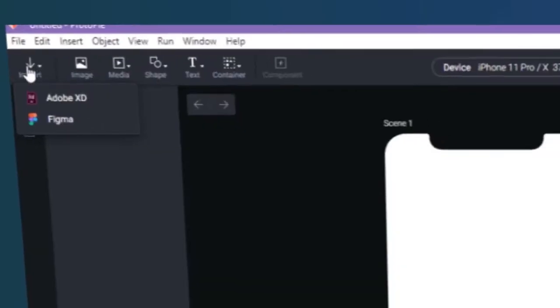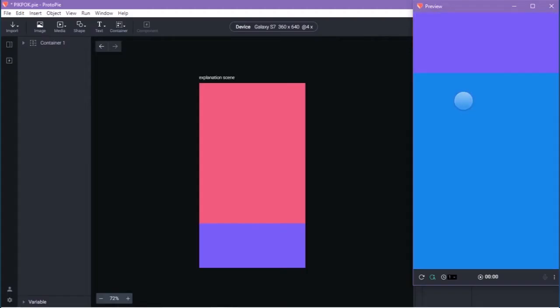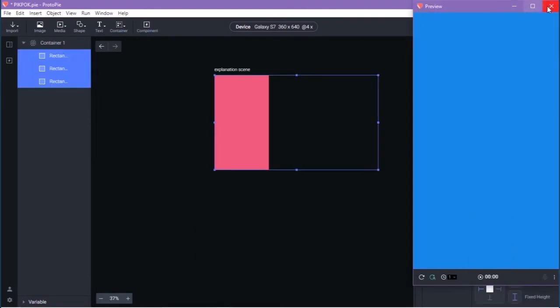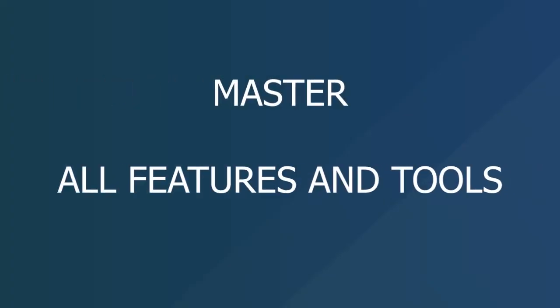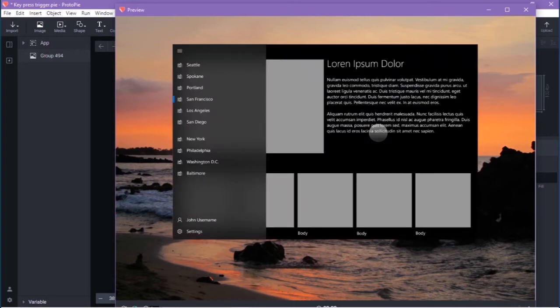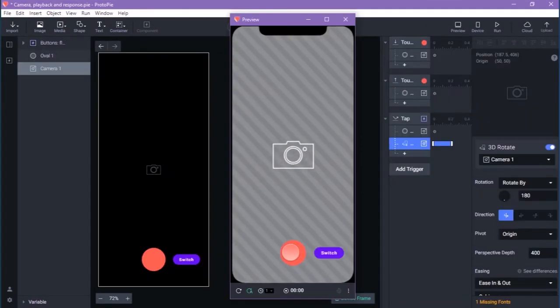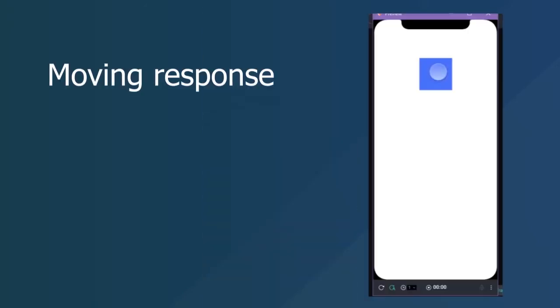You will learn how to import your scenes from other design tools, tips on recording your prototype, implementing a scrolling or paging feature. You will master how to use all features and tools, exploring all triggers, features like touch triggers, mouse triggers, key triggers, input triggers, sensor triggers on your prototypes, all responses like using a real-life camera feature, moving,